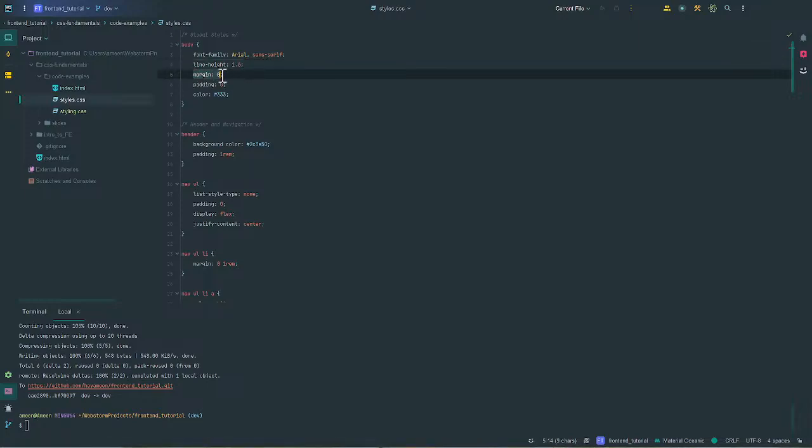I want the margin and the padding to be 0. That means we're explicitly saying that the body of our HTML page should have no margin and no padding. And we're saying the color of our background should be this color,